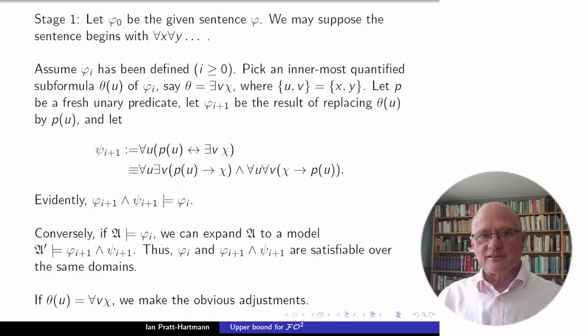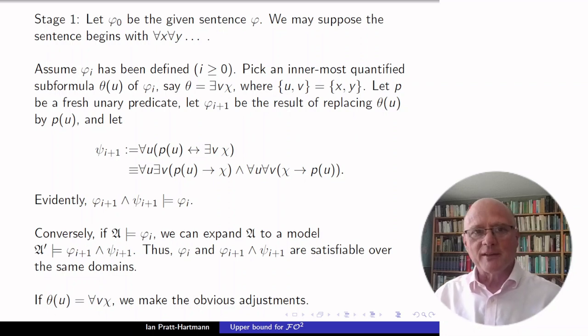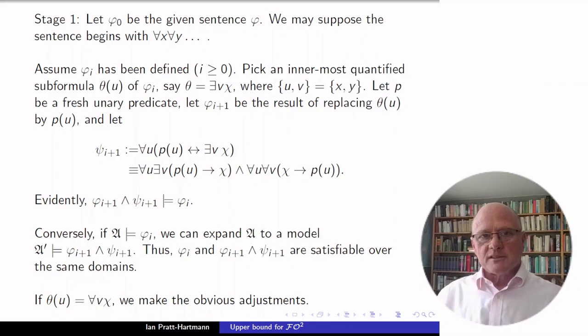Now, I've defined phi 0. Suppose phi I has been defined. What I'll do is pick an innermost quantified subformula of phi I. That is a subformula which starts with a quantifier, either for all x or for all y, or there exists x or there exists y, and within the scope of that quantifier, there are no more quantifiers. So suppose that this subformula is theta, and let's just suppose that theta is existential. The argument where theta is universal is more or less the same. So theta has the form there exists v chi, where chi is quantifier free,